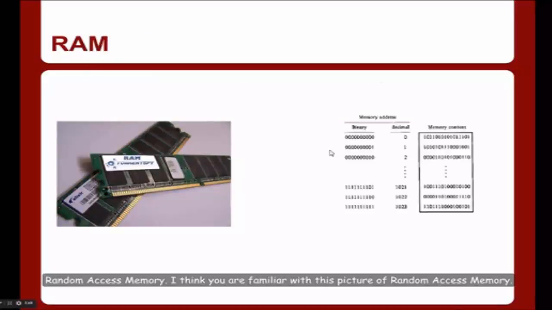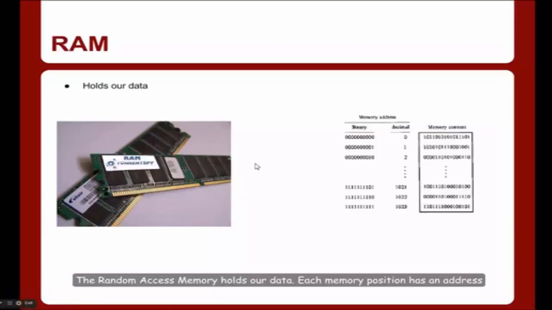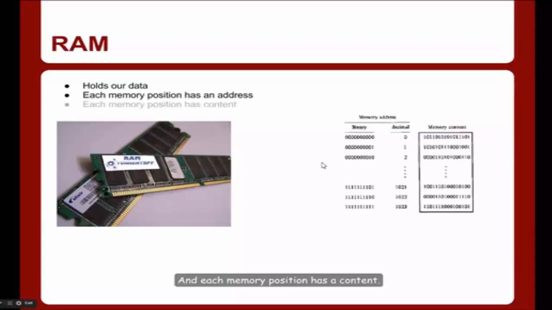Random access memory. I think you might be familiar with this picture of the random access memory. The random access memory holds our data. Each memory position has an address, and each memory position has a content. Do you see on the right? This is a table with the memory